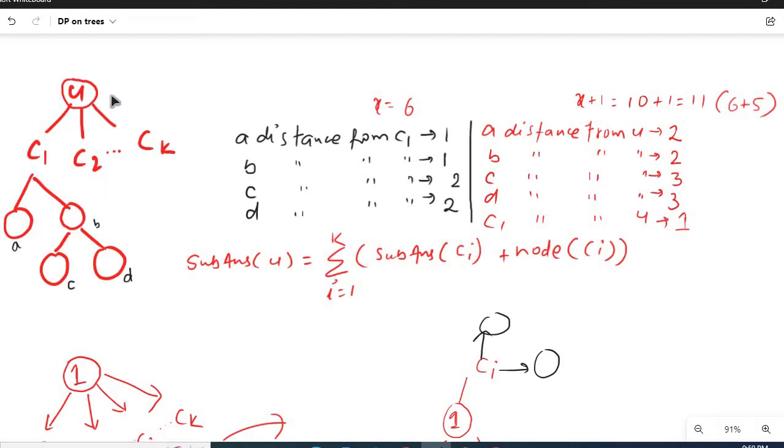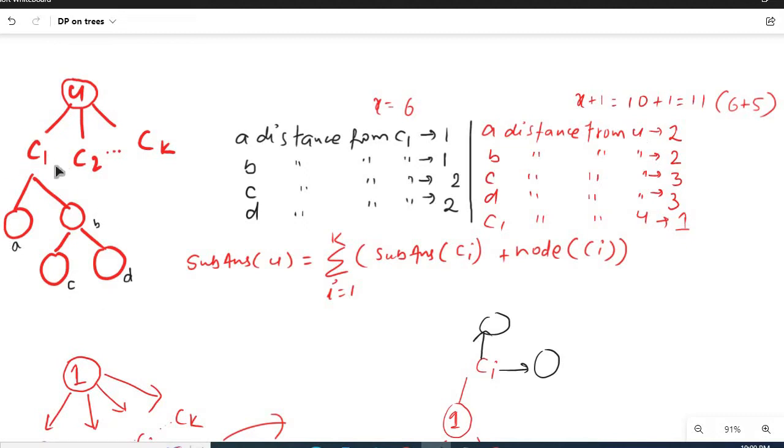Now if I ask what is the distance of C from U, it would be 3. You can say 1, 2 and 3. So these are the distances I have written down. The thing that you can notice is that every distance gets increased by 1. 2 became 3, 2 became 3, 1 became 2. So the distance from U to all the nodes